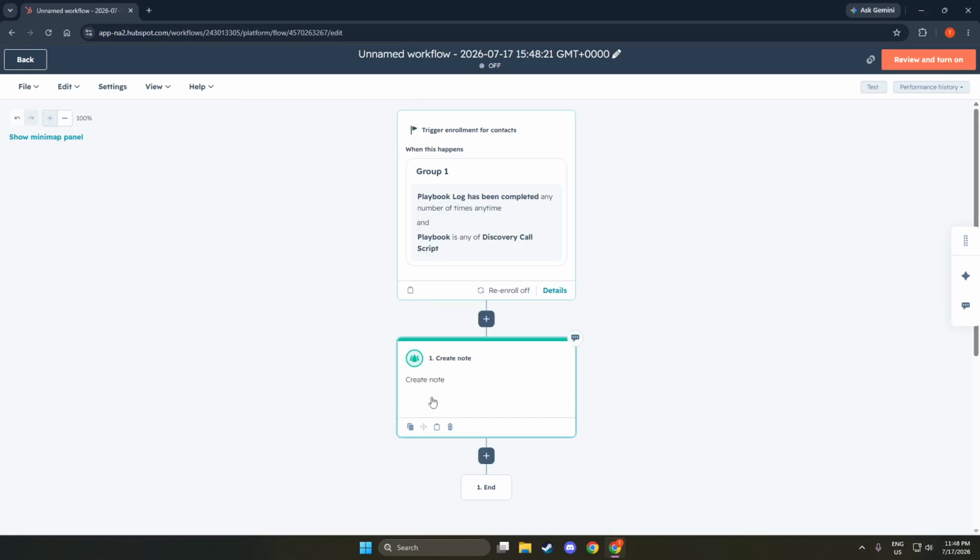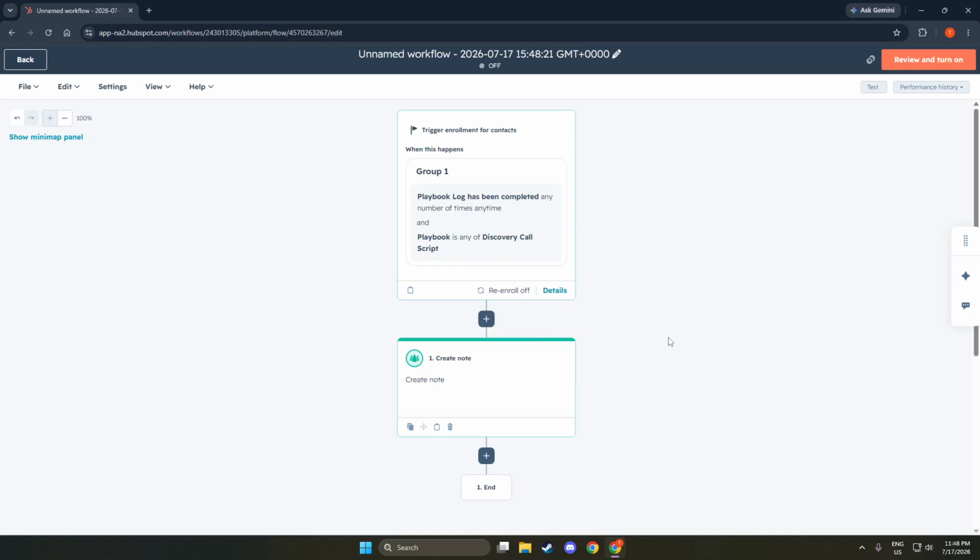Once you have set the trigger, it's time to add actions to your workflow. Click the plus button to bring up a list of actions you can choose from. You might want to send an email, create a task, update a property, or add a delay. Each action you select adds more functionality to your workflow, allowing you to tailor it to your specific goals. This part is especially exciting because you can automate a series of tasks that will save you time and enhance your team's productivity. After adding all desired actions, take a moment to review the workflow.